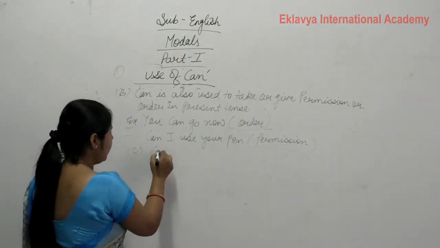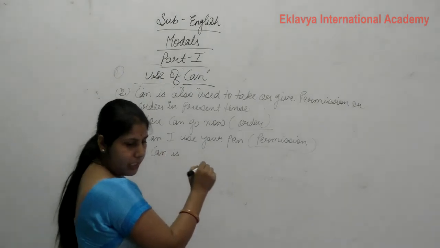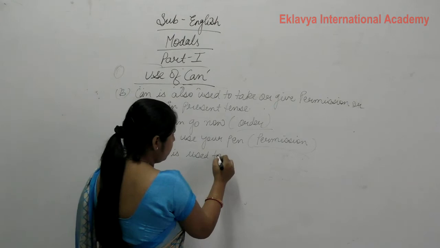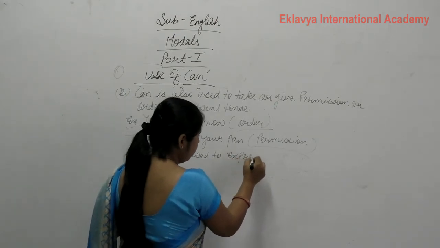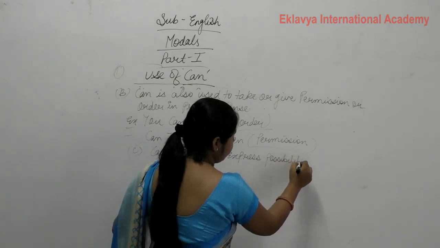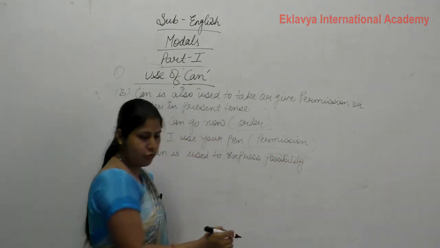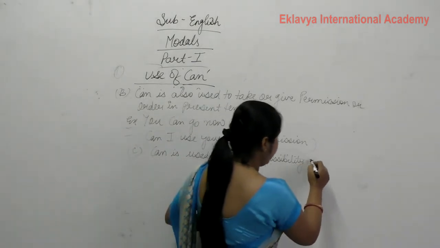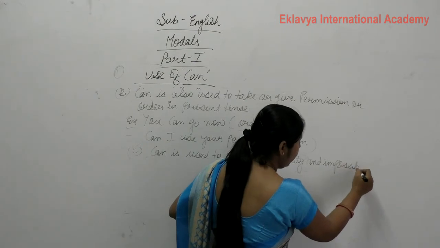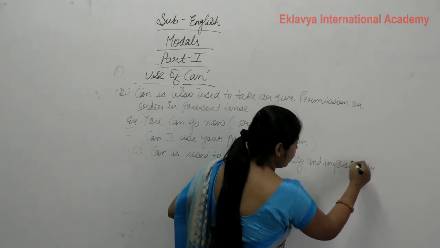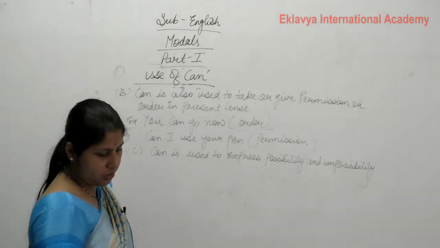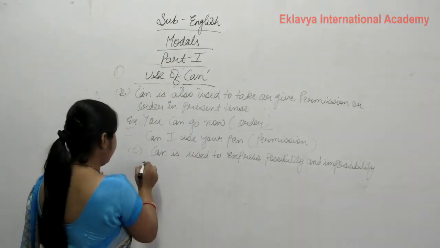Next, C point is can is used to express possibility. Can is used to express possibility and impossibility. It expresses possibility as well as impossibility. Okay. So can is used to express possibility and impossibility. Example: